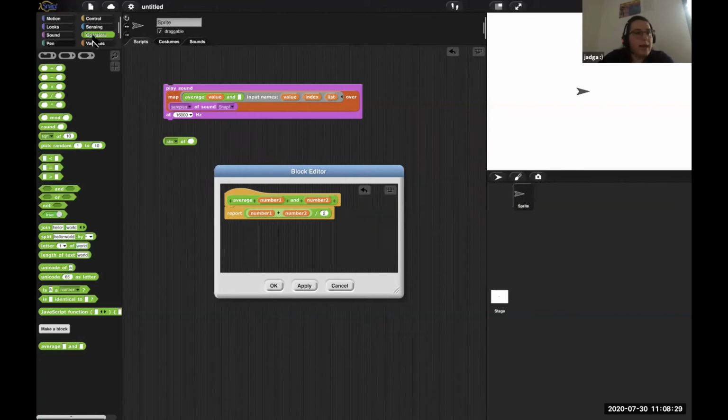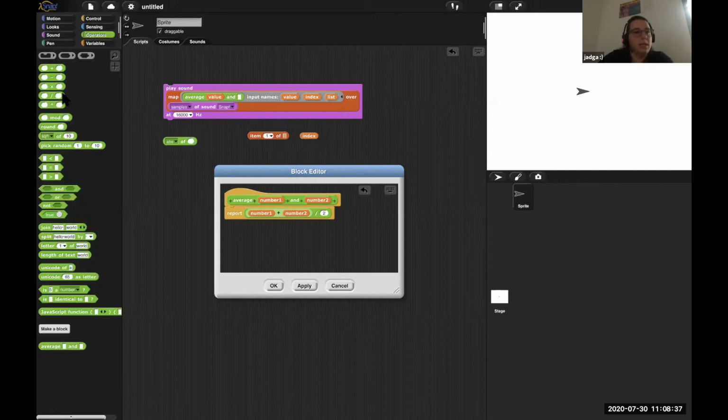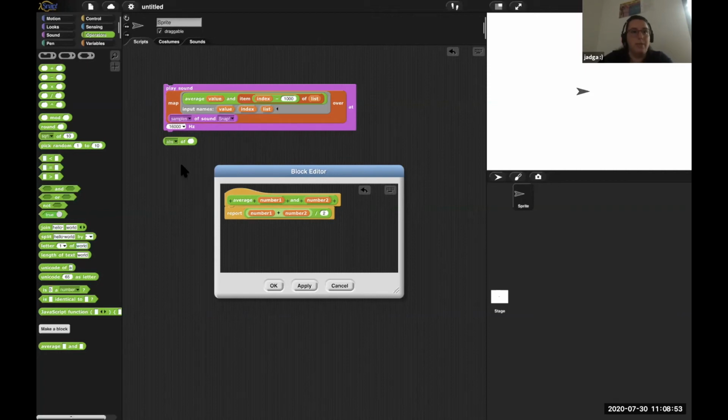So we grab the item and the index, but we want to use the index, for example, minus 1000. And we want that to be from our actual list of samples.